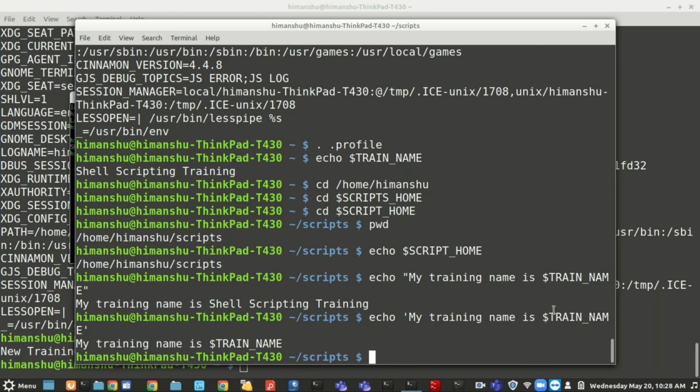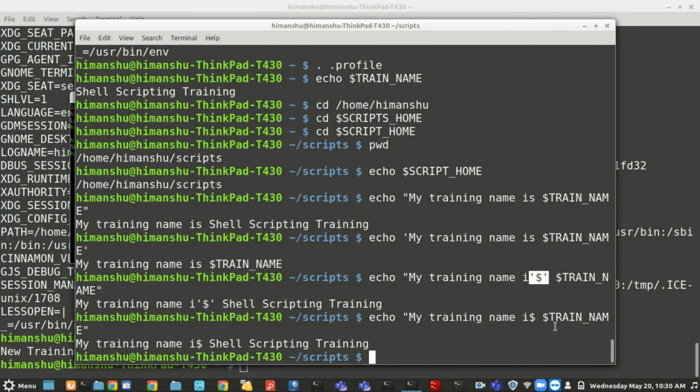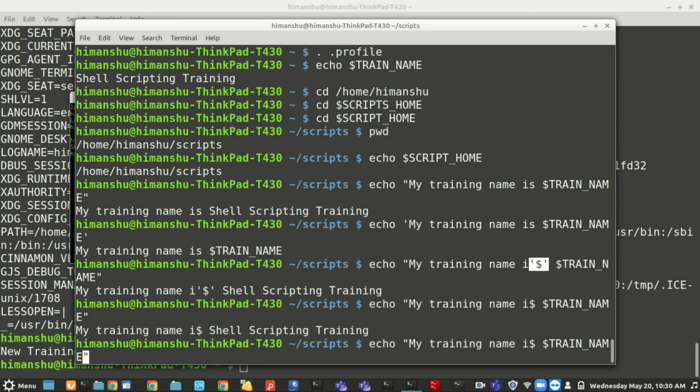But of course, in case you want to print the dollar, let's say here my training name is $shell scripting, then how will you do that? Anytime you want, even in double quotes, that I don't want this to be replaced, I don't want the dollar to be treated as a variable and it shouldn't pick up the value of that variable, you can use an escape character.